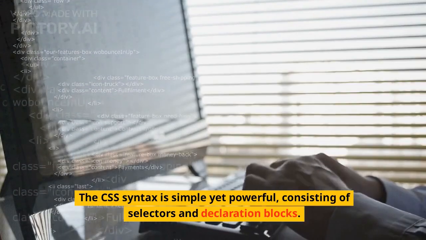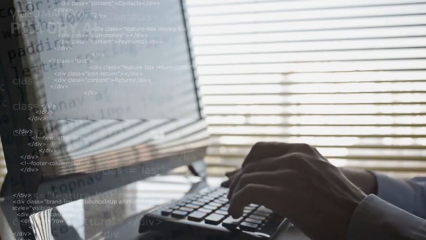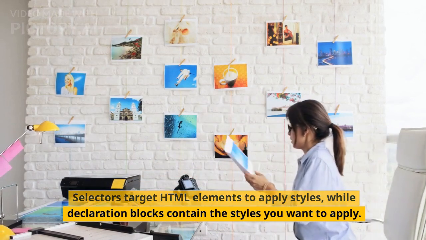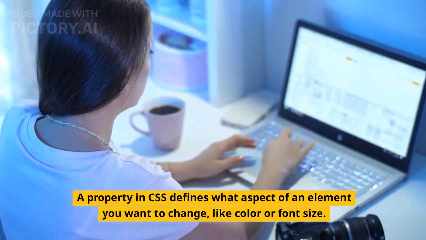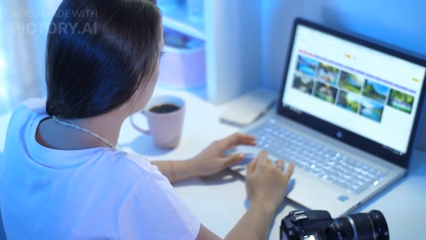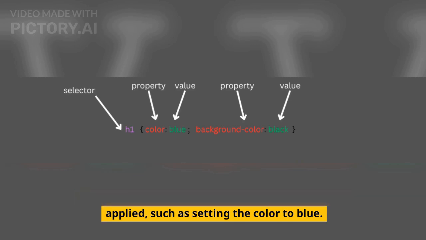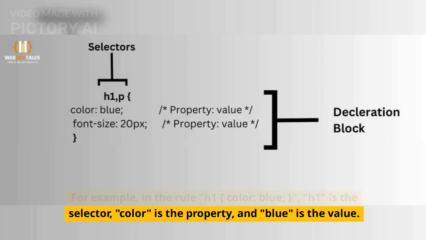The CSS syntax is simple yet powerful, consisting of selectors and declaration blocks. Selectors target HTML elements to apply styles, while declaration blocks contain the styles you want to apply. A property in CSS defines what aspect of an element you want to change, like color or font size. A value in CSS specifies how the property should be applied, such as setting the color to blue. For example, in the rule h1 { color: blue; }, h1 is the selector, color is the property, and blue is the